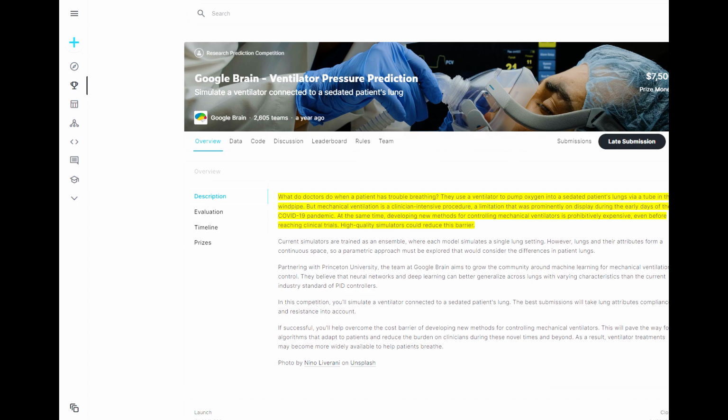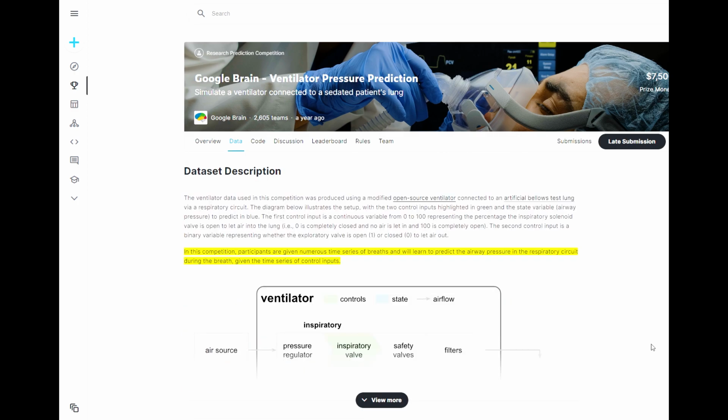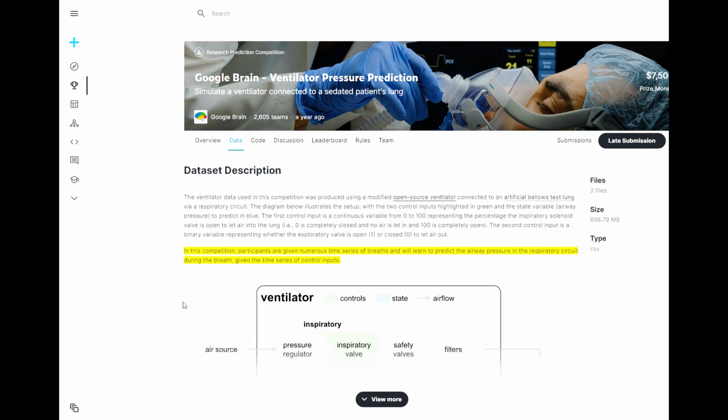So this competition is all about predicting these simulated ventilator pressures. Current simulators are trained as an ensemble where each model simulates a single lung setting. However, lungs and their attributes form a continuous space, so a parametric approach must be explored that would consider the differences in patient lungs. And about the data, before that, in this competition, participants are given numerous time series